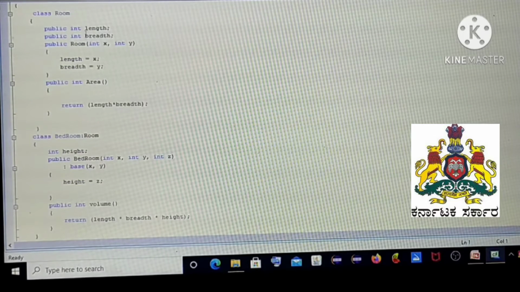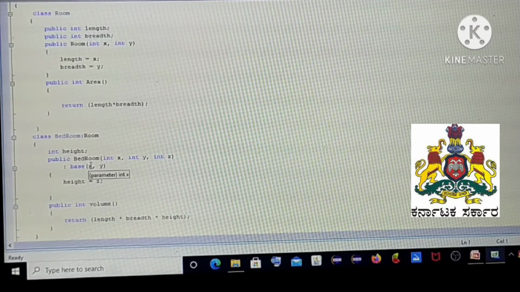Since we are inheriting these methods and data members into this class, we have data members length and breadth indirectly and also the height data member. All these three data members are present directly or indirectly in this class, which is not visible, but since we are inheriting the room features here, we have three data members.